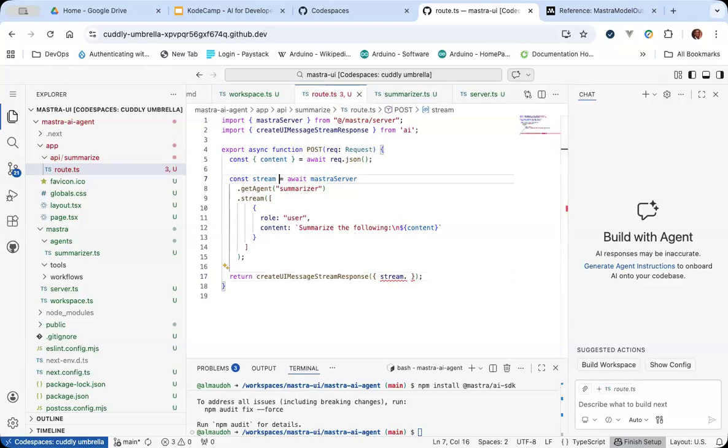Okay, let me do a type hint. I don't know, it's not